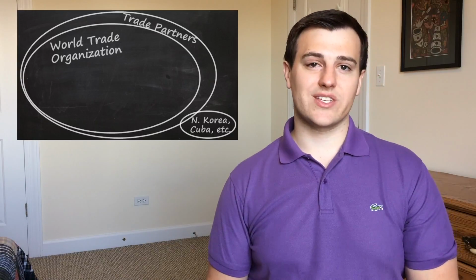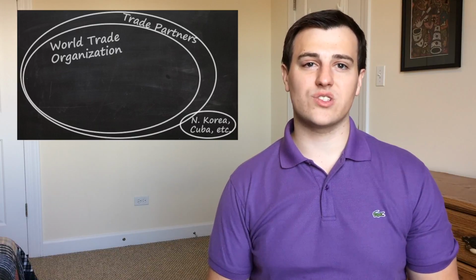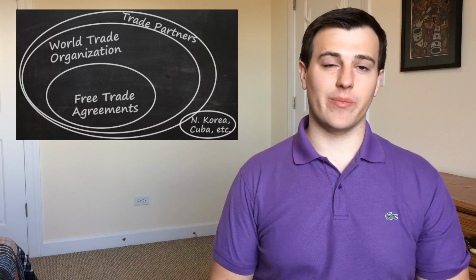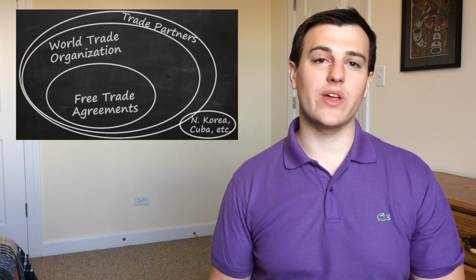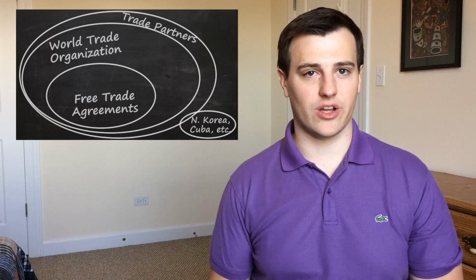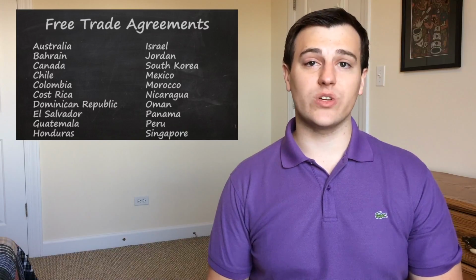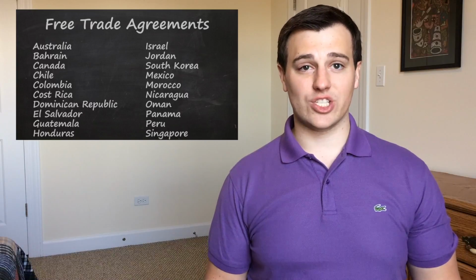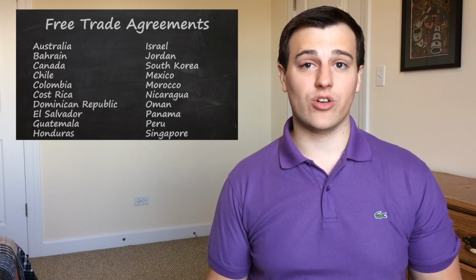So the World Trade Organization agreements help explain the majority of our international trade, but a huge chunk of our trade, about a third of all imports, run through free trade agreements. The North American Free Trade Agreement, or NAFTA, gets the most attention, but we have free trade agreements with 20 different countries. Each one was individually negotiated, so terms are slightly different, but there are enough commonalities that we can talk about how they work more generally across all of them.